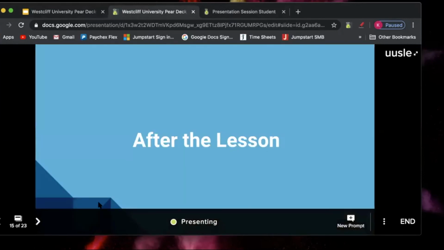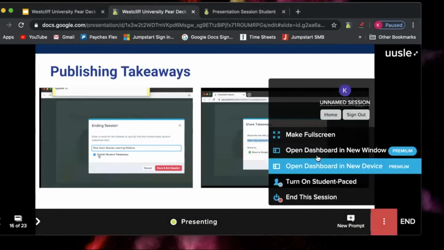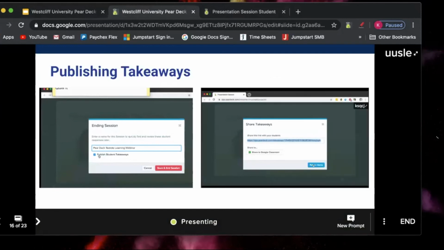Okay. So after the lesson, there's a way to publish takeaways, and you can do that by ending the session. These three dots at the bottom here open up the opportunity to end the session. When you end the session, you have the option to publish takeaways, and the takeaways go into Pear